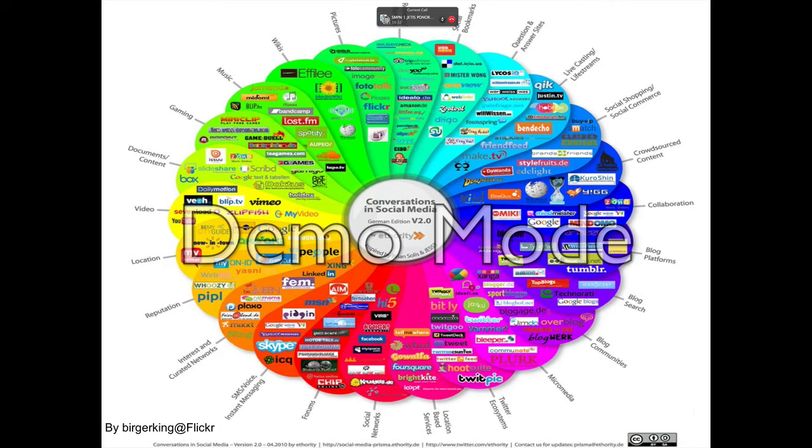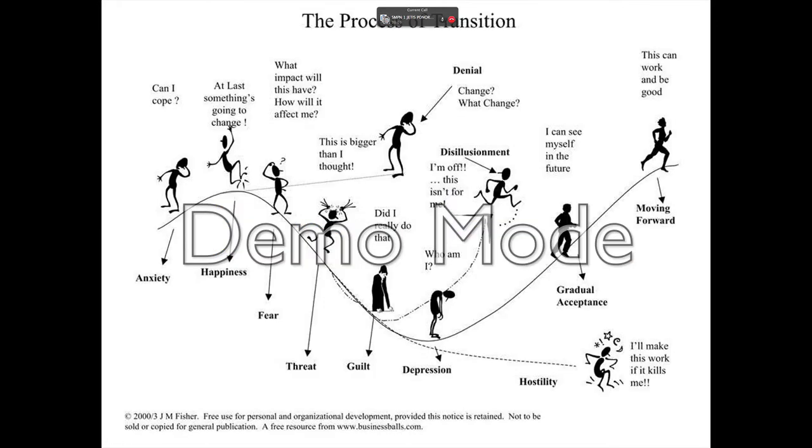But I think that the message here, and why I like to show this, is because it's about saying, well, there's so many things you can't actually know about them all, and that's okay. Just choose one and use the one that works for you. And then, sometimes I change that one because I have a different purpose or a different group or something else comes out, and then I use that for that different purpose. Okay, moving on to the next slide.